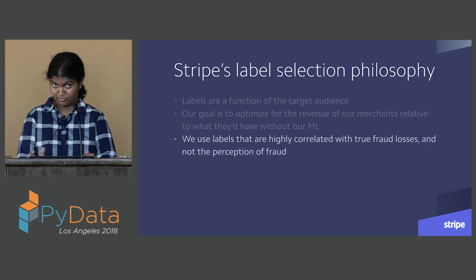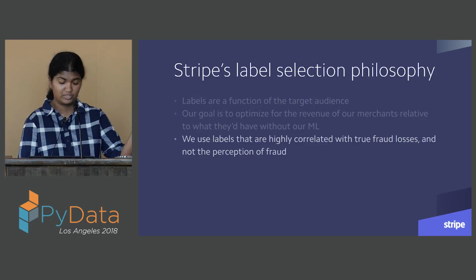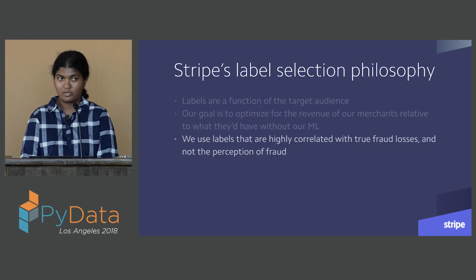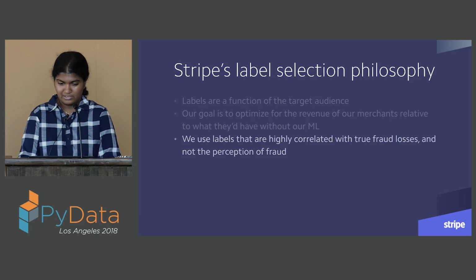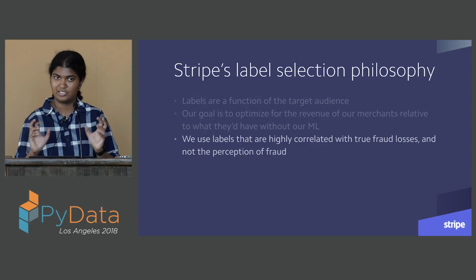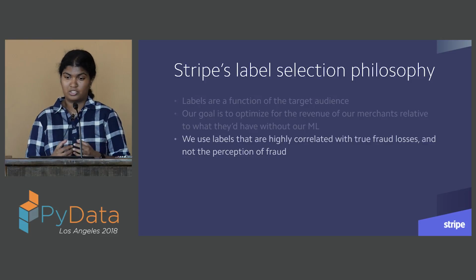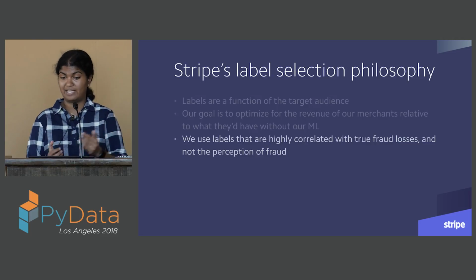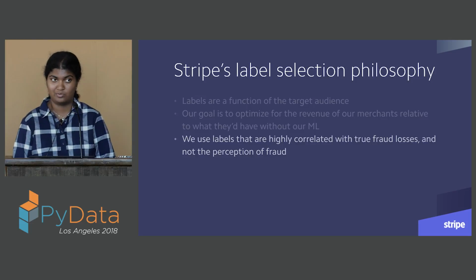We specifically, for this reason, use labels such as the chargeback being filed with the bank or the issuer fraud record, because these are actually correlated with true fraud that impacts your bottom line. We don't use labels that are correlated with the perception of fraud, which ties into the emotional aspect of fraud. We could use different labels if our goal was to maintain emotional happiness for our merchants, but that's not what we're going after with our models. We want to actually help your bottom line. And so it's always important to keep that in mind when we choose our labels.